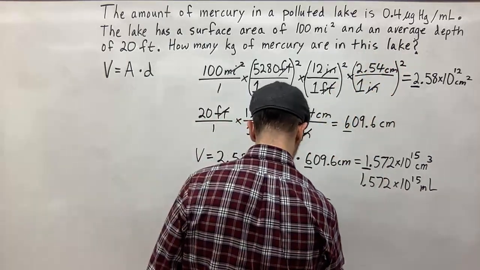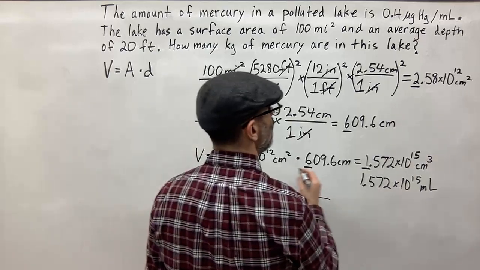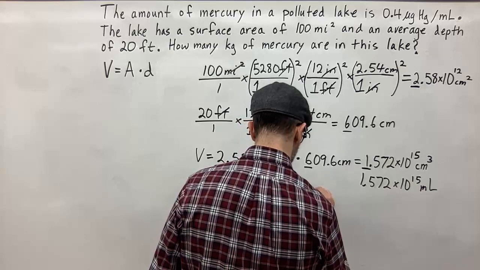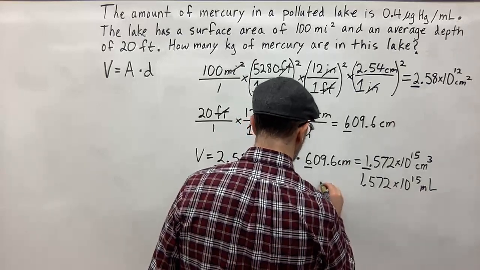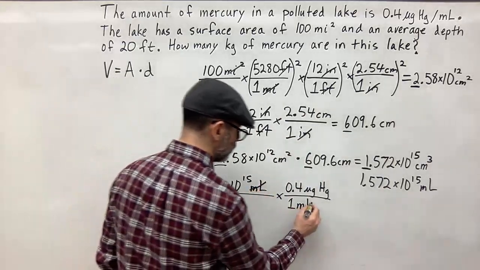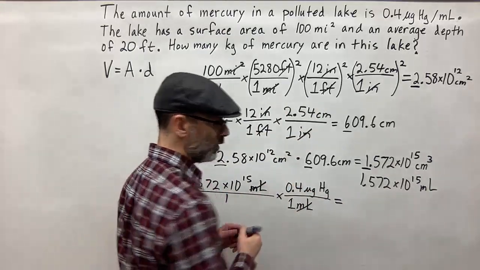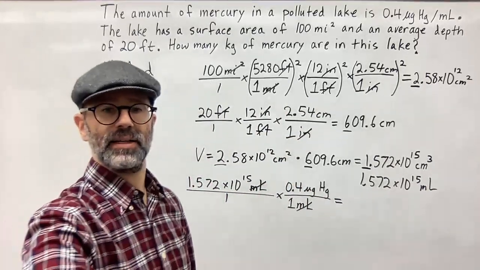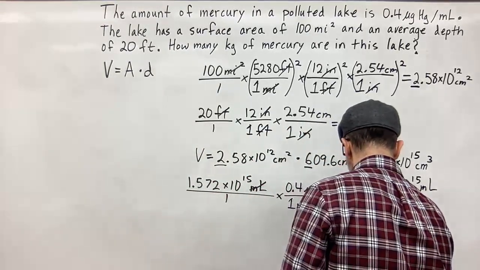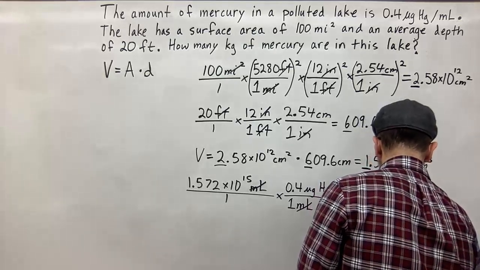So I have 1 milliliter on the bottom. That's going to cancel out, and I'm going to put 0.4 micrograms of mercury on the top. So milliliters cancels out. Now all I do is multiply these two numbers together, and when I do that, I get 6.291 times 10 to the 14